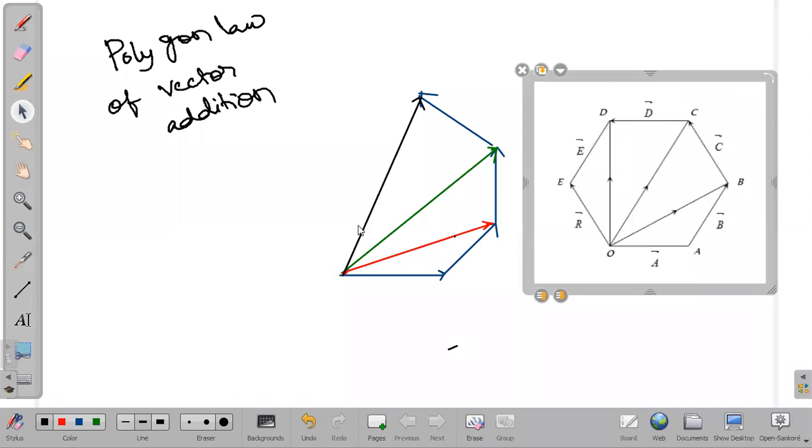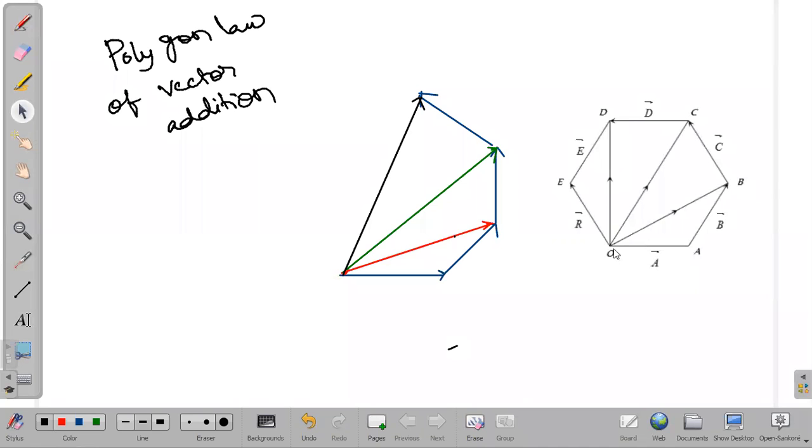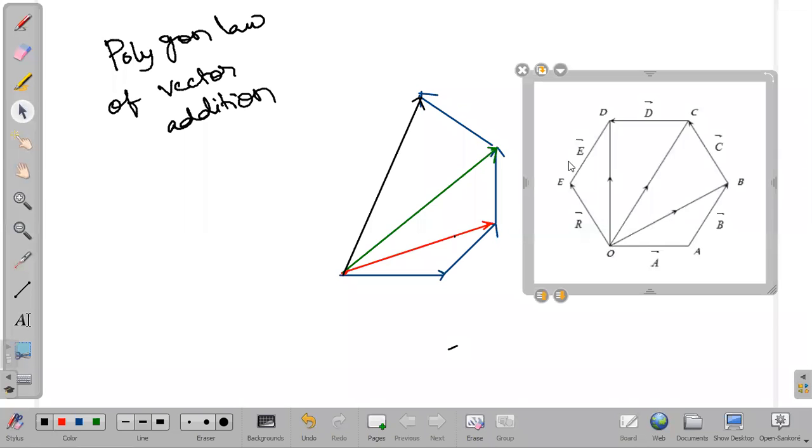Right, so here OA is a vector and OB is a vector. The addition of these two is OB, the line giving us the resultant of these two vectors. In the same way, OA, AB, BC, CD, DE, up to E there are some vectors: 1, 2, 3, 4, 5. Five vectors are there. So the addition of all these 5 vectors, how will it be? Directly, joining O and E will give us the resultant.